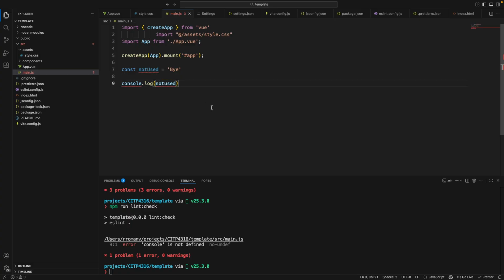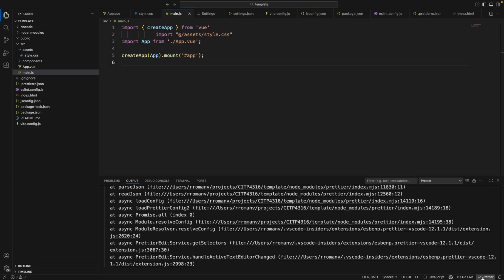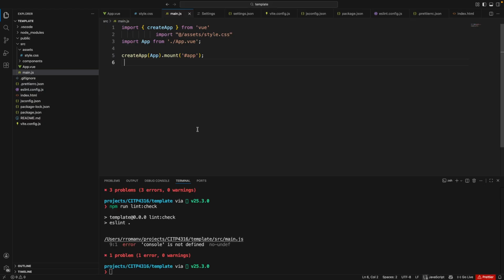If I save it, it didn't do what it's supposed to. Okay, let me actually fix this. Remove this. If I save this, it didn't fix it. Oh, something happened here with Prettier having issues. There you go. It looks like now it's out of the configuration. That means we didn't have the configuration enabled first. So if I save this file now,